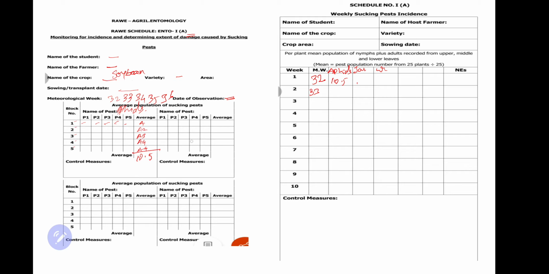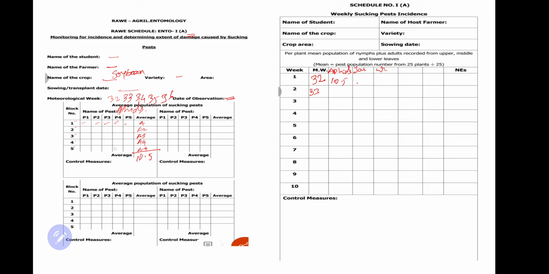It does not mean that here we have to fill in the data of different crops or different pests. The sheet is only for soybean, or whichever crop is grown by your farmer, and there are 5 different sheets for the 32nd, 33rd, 34th, 35th and 36th weeks. There will be 5 such sheets and one average sheet with the respective data or averages of aphids, jassids, thrips, whiteflies or whichever pest occurred.